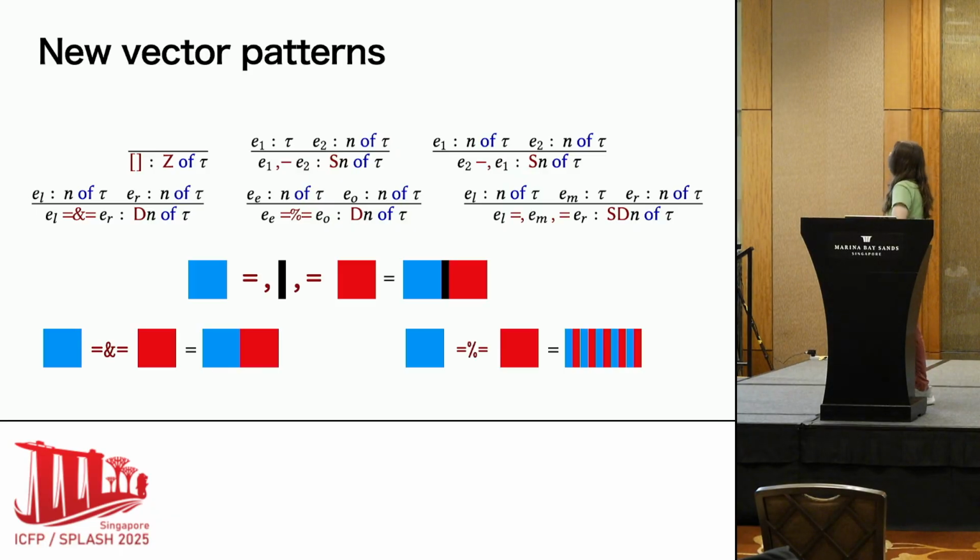And this is the illustration of the semantics. For odd on the top, we have a black element in the middle, and then blue and red things, and they all slot together. The ampersand thing is just meet in the middle. And then the percent sign is less intuitive. It takes all the even elements and the odd elements and alternates them to build up the list. I think Satnam referred to this as the butterfly operation. Close enough?